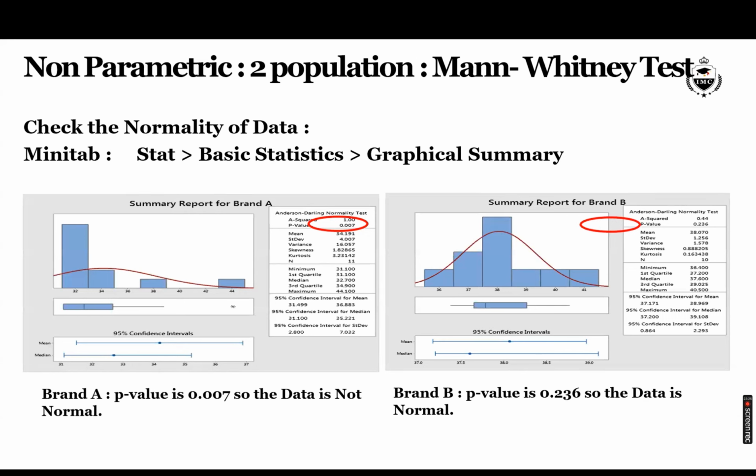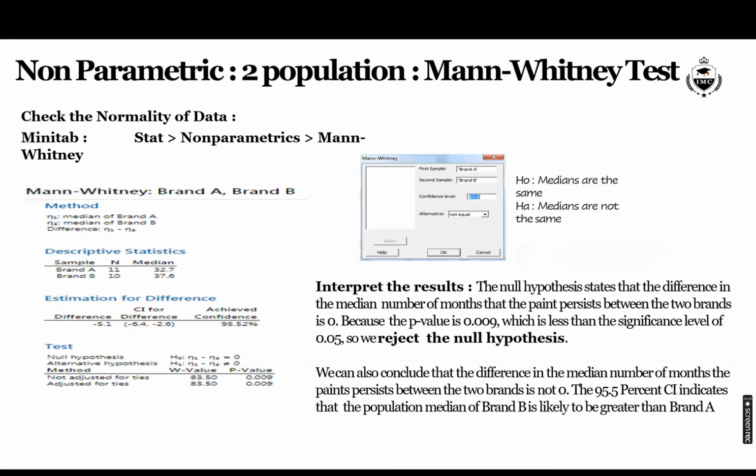Then we first do a statistical analysis, a normality check, to see whether these two data sets are normal or not. We see brand A data, which I have already explained, through the Statistics menu. We select Basic Statistics and then Graphical Summary, which shows us the normality test, where we see that brand A data, as explained earlier, is not normal data, and brand B is normal data. So we are doing a hypothesis test between two sets of data, one normal, another not normal. That's why we are going into a non-parametric test.